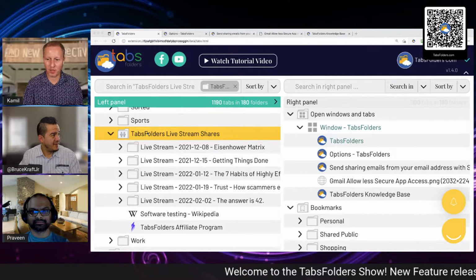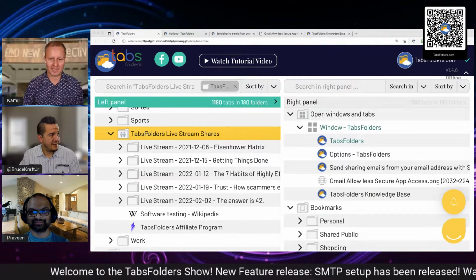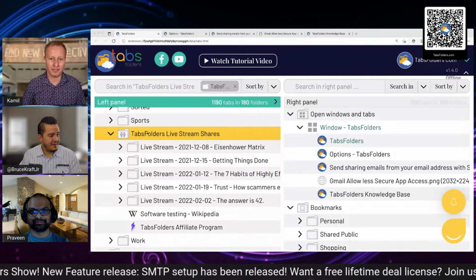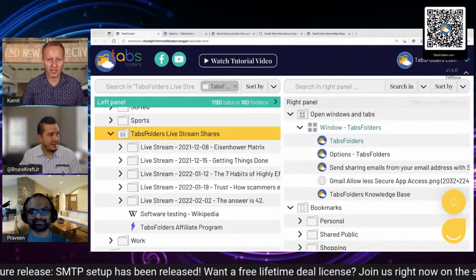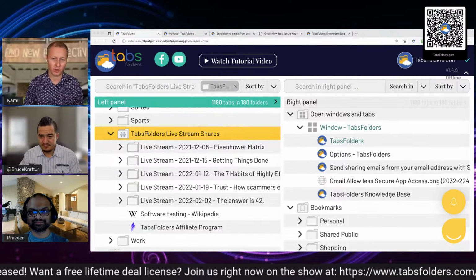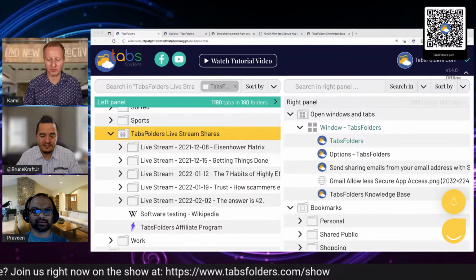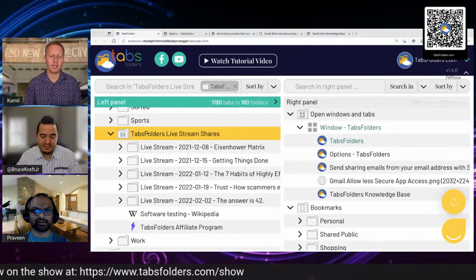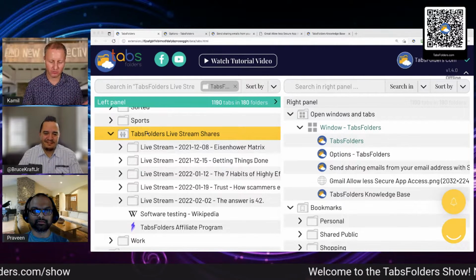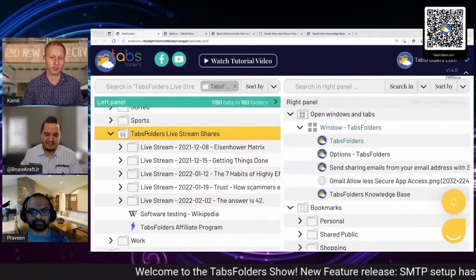But anyway, coming back, so SMTP and Cname is configured and working. And as promised, we released it. Those were the first two features that we were planning on releasing, Cname and SMTP. And now we are getting back to full-time work with TabsFolders 2.0, which, I mean, Cname and SMTP are part of 2.0, but with TabsFolders 2.0, I mean the video, the UI update, tags, team folder sharing,